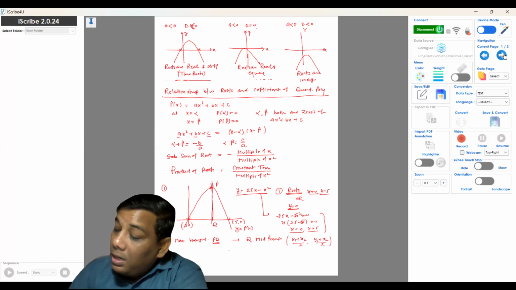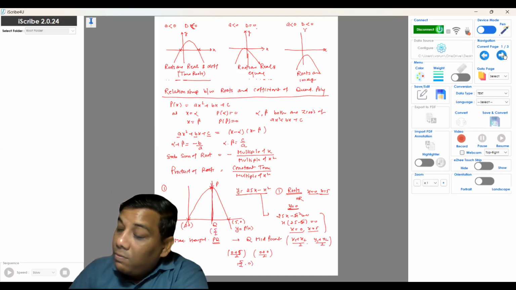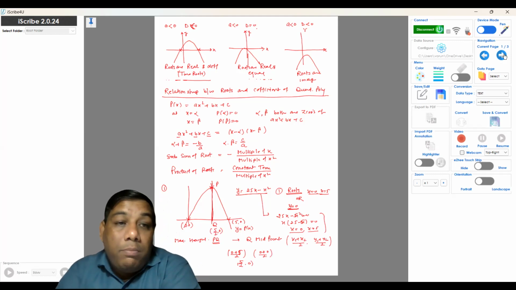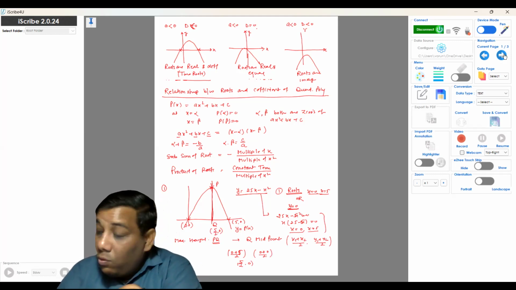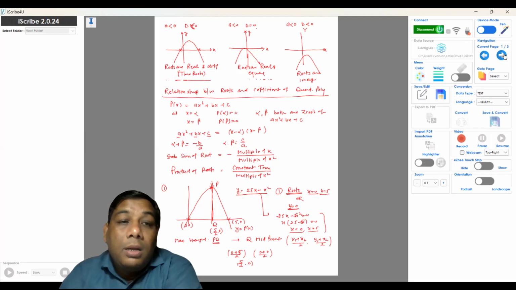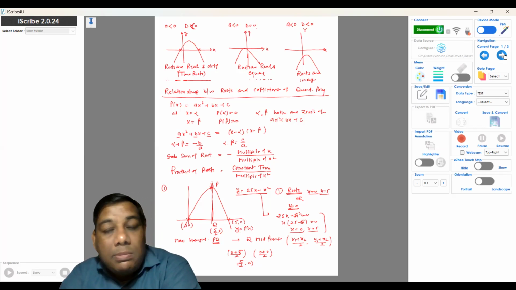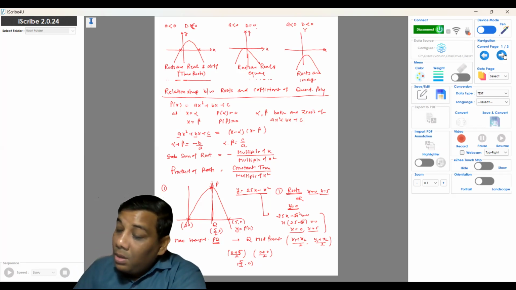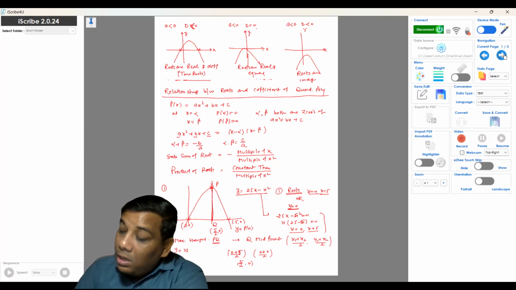So when this is the midpoint, then (0 plus 5) upon 2 and (0 plus 0) upon 2. So 5 upon 2 and 0. So the coordinate of the point Q is (5/2, 0), means when x equal to 5/2, then the parabolic structure will reach the highest point. When the value of x is 5/2, then it will reach the maximum height. It means how much is y, 25x minus